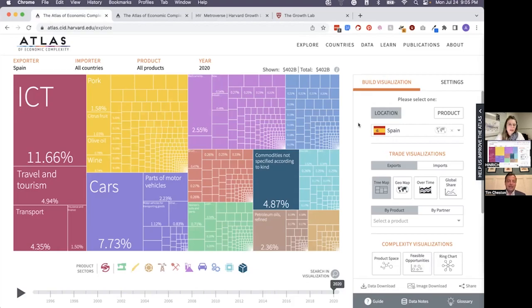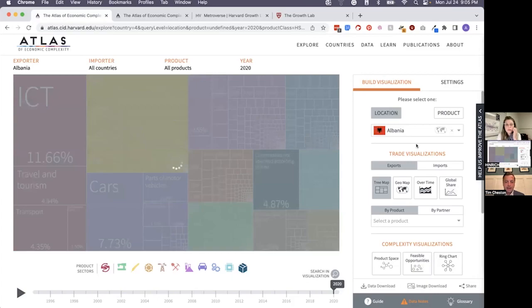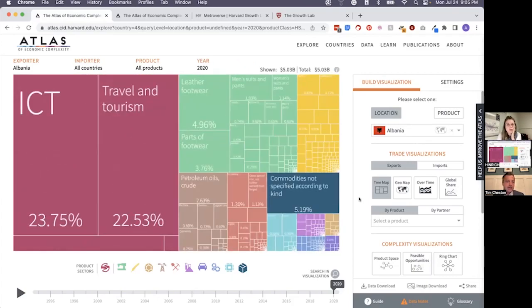Exactly. I think it goes to the nature of us as a research team, that we want to make sure of the validity of what we are showing across all countries, but also in this predictive space. Not just telling you what you do today in descriptive trade data, but being a unit for predictive trade data and trying to understand what your economy can be tomorrow is our unique focus from a research perspective. I also want to tease that I hope we might be able to engage with you all in the future